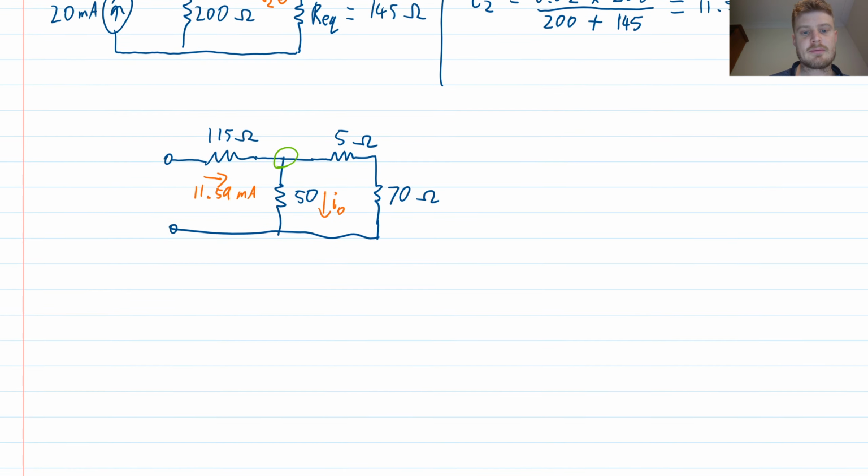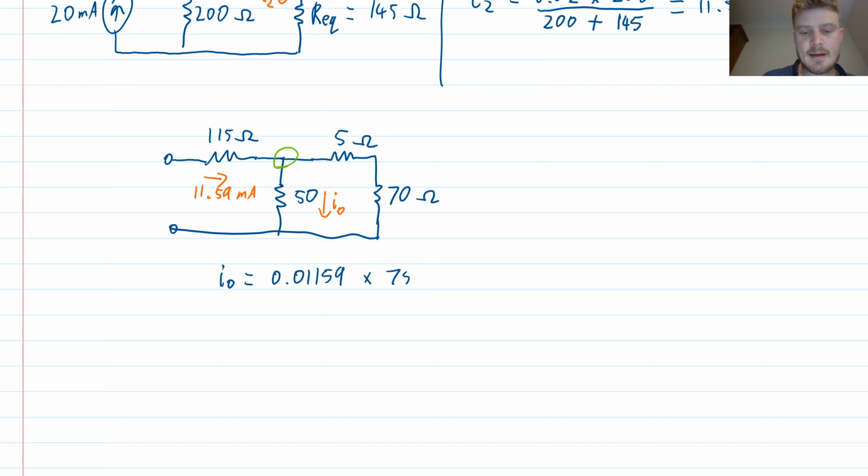So I can write down directly an expression for I0. It will be the current coming in, which is 11.59 milliamps, so that's 0.01159 in amps, multiplied by the resistance in the other